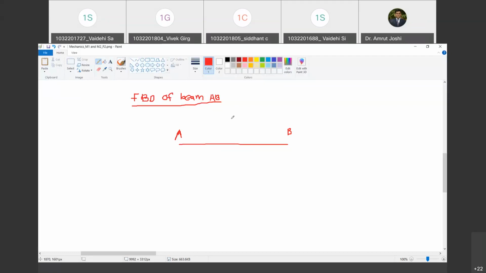So therefore, it is external. Now, where should I show that self weight? Where should it be shown? Where should I show the self weight acting on this beam? In the middle, right? Because there is no as such fixed point to it. So that means through center of gravity. That's what you are saying? Center of gravity. Yes, sir. For this beam, center of gravity, center of mass, and centroid all coincide. We will look at the difference between these three terms later during theory class. But center of gravity for this beam will lie at distance L by 2, that is half a meter. Do you agree with me?